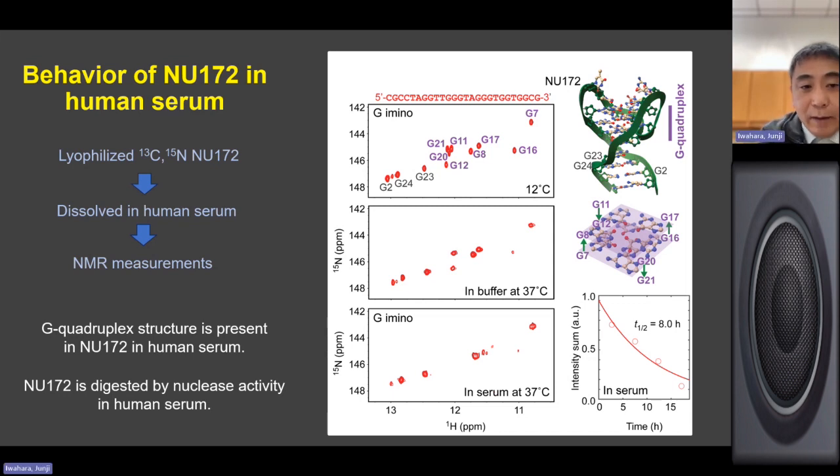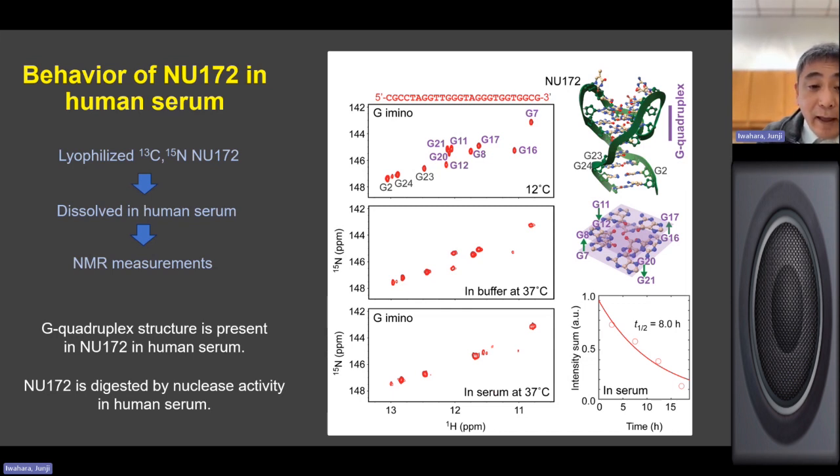Okay, we also analyzed the behavior of NU-172 in human serum. This is quite relevant to the therapeutic application of NU-172 because the target molecule of NU-172 is thrombin, which is present in, of course, blood. We made a salt-free lyophilized NU-172 sample and then dissolved the powder of this aptamer in human serum, and we did some NMR